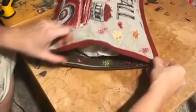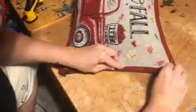Once you are finished gluing your pillow, you can add this to your fall decor and enjoy this all fall